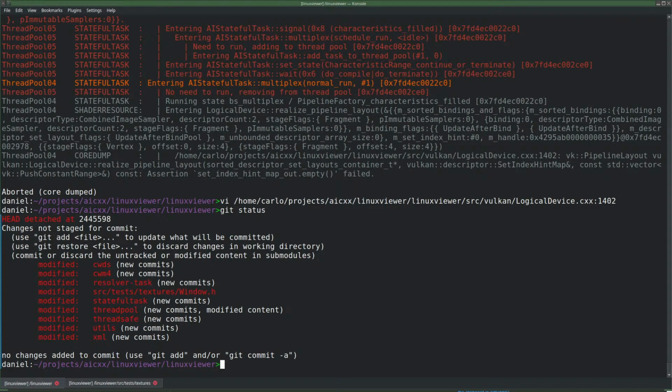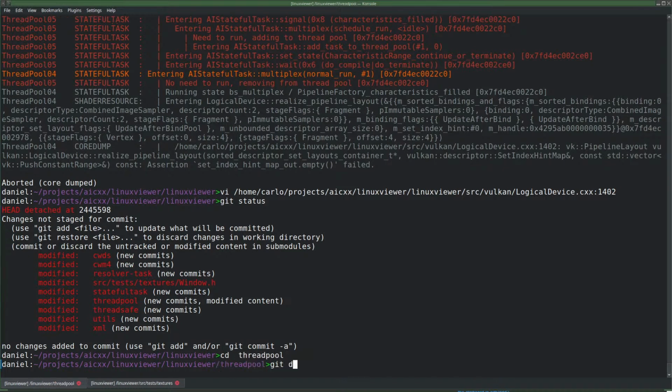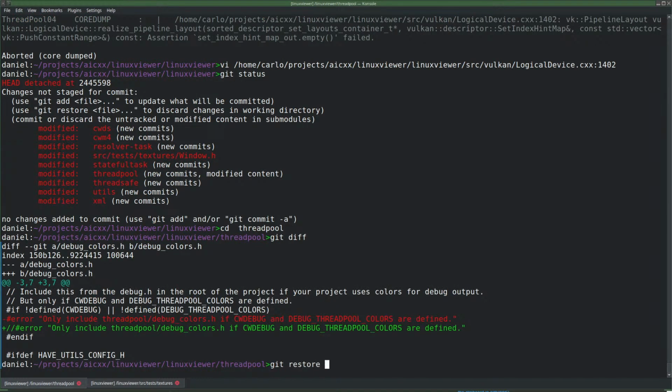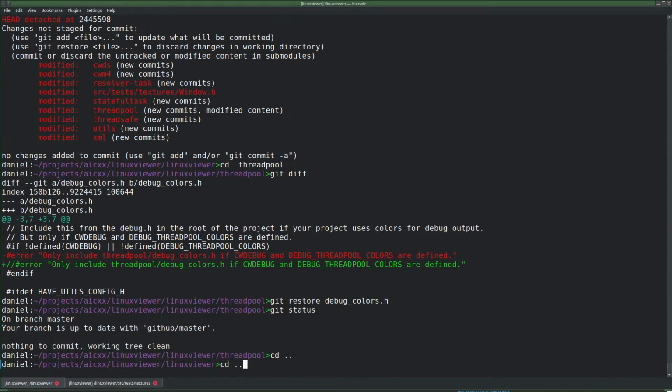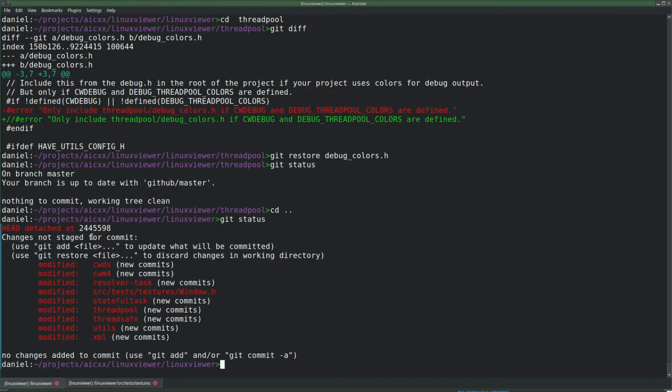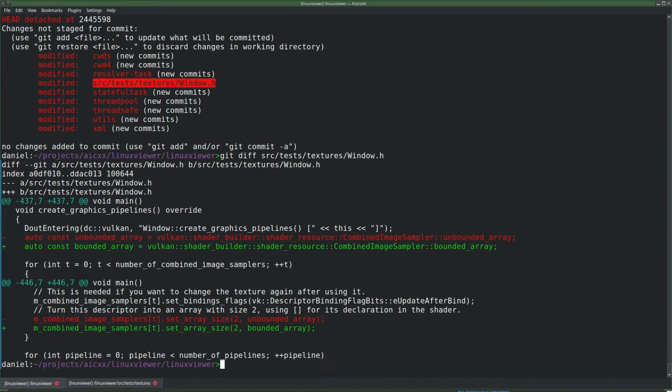So let's change everything back. Or I could just, you know, update these things. I should get rid of the changes that I just made. It's just definitely not good. Do that, git diff, git restore. New commits, you know, I just want to go back to when there were no new commits. Well, it's safe to keep this for now, I suppose. Let me try git submodule